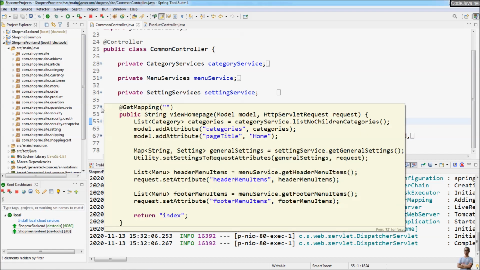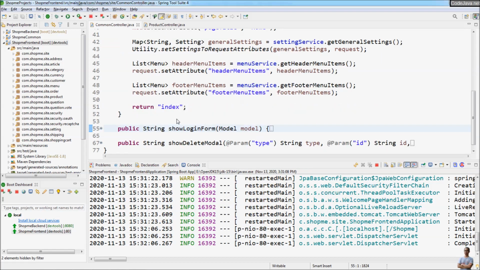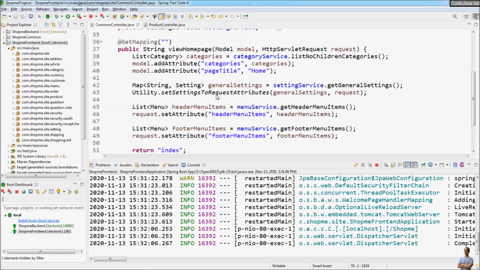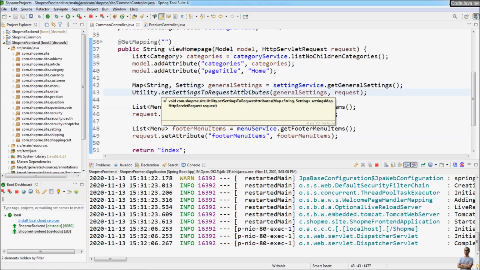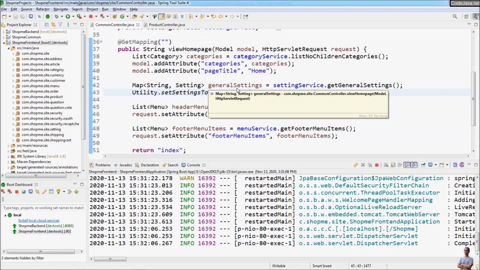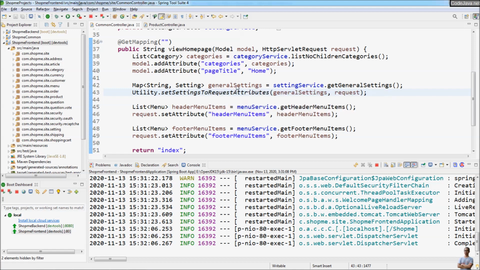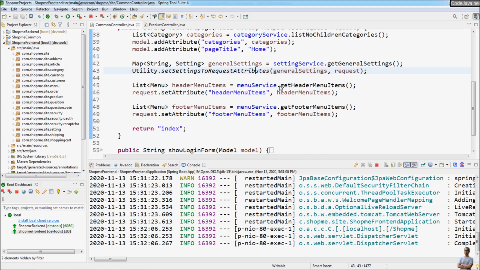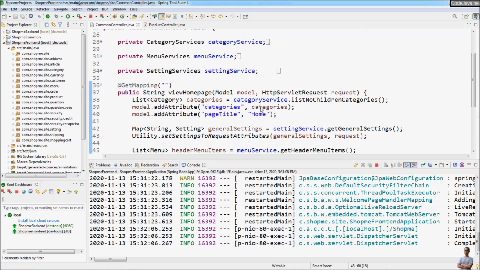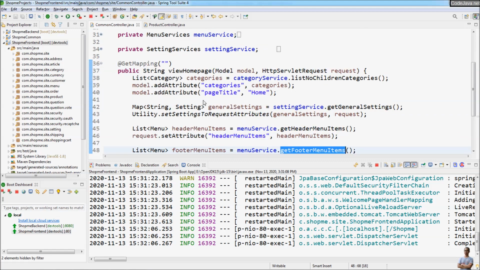In the handler method view homepage here, you can see the code that loads general settings to get the information about the site name and site logo, and the code that loads the header menu items and the footer menu items here in the homepage view,